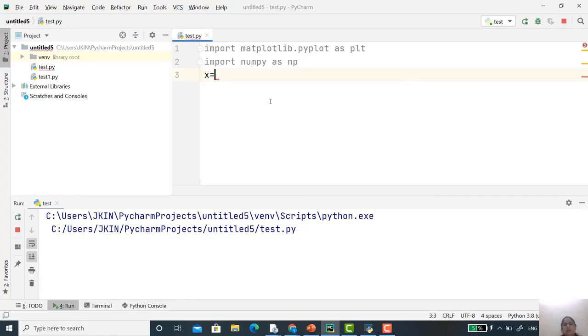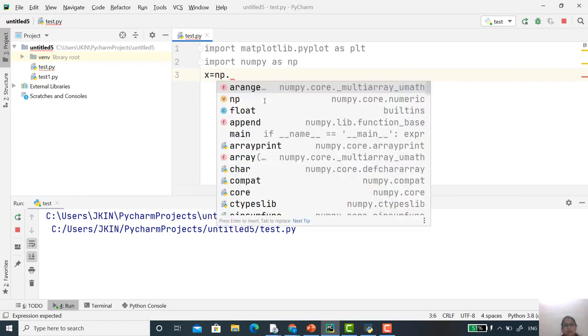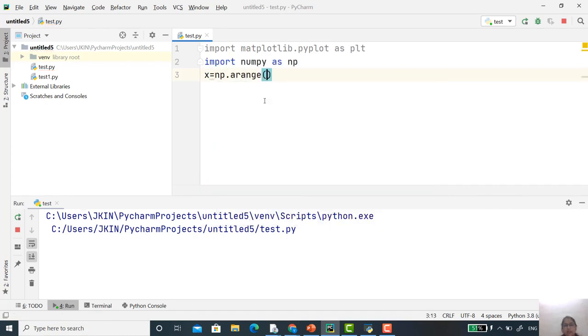Now I want to specify my x-axis. In the x-axis, I want to generate some data. For that I will use np.arange, and here for example 0, 5 and 0.2. See, this command is the same as the range command that you already know. In a range command, what do you have to specify? You have to specify the start and stop. And then you need to specify the last thing, that is 0.2. What does it indicate? The first is 0, then the second number is 0.2. Then the third number is 0.4, like this.